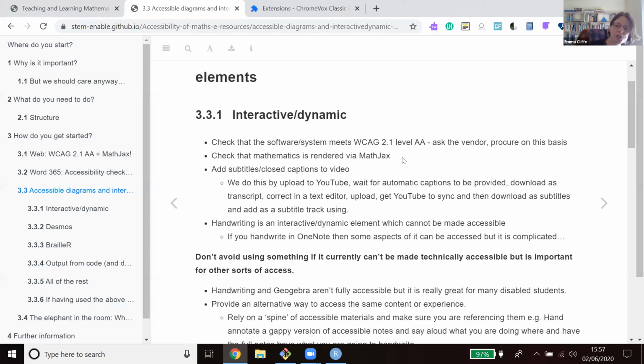If you're using video, you do need to add subtitles or closed captions. Now, we're not all in the happy place the Open University is. We don't have a team of people who do this for us. So the best way we found of doing it without procuring anything is upload to YouTube, wait for automatic captions